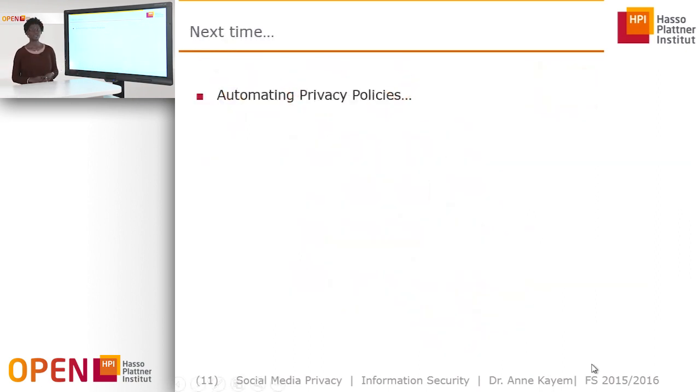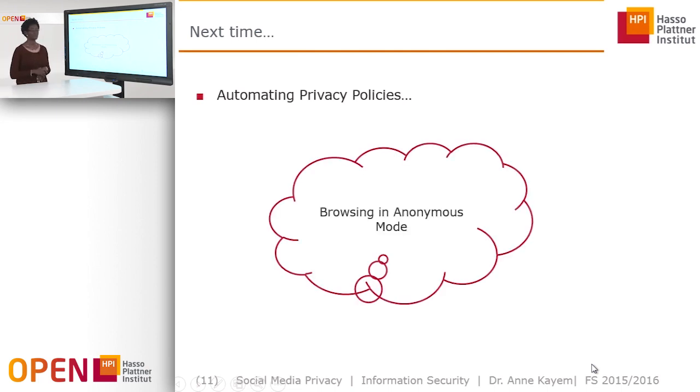Okay, so in the next lecture, we are going to look, first of all, at automating privacy policies. This is somewhat futuristic because it doesn't exist currently, but I thought it would be nice to look at what it would be like to say, I would like this sort of privacy policy applied, and to have it happen based on looking at how you behave, for example, and how your friends behave. So personal information could also be used in terms of social engineering to do good things for you and to protect the information that you have.